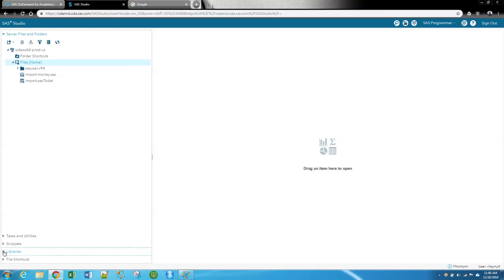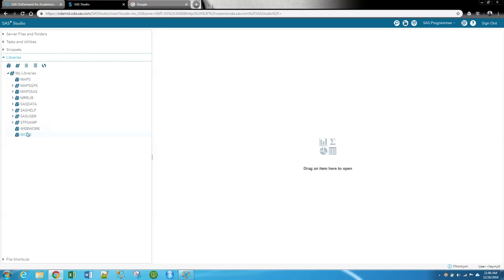You'll remember from the lecture, this Work library is in every SAS instance, even the desktop version. The Work library is a temporary library, so any data sets generated in that library are going to be deleted or removed once the session ends. So in order to make sure that you always have access to any SAS data files that you create,